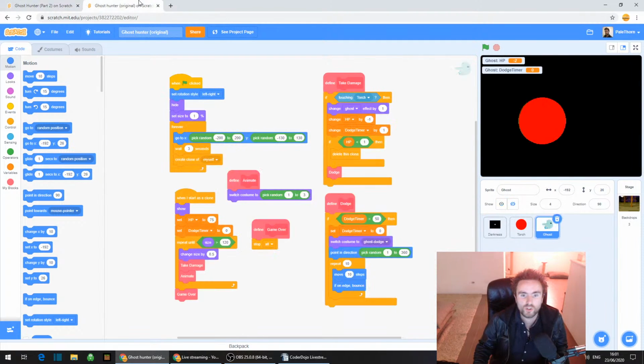Cool. So, I'll just go through a little bit of this code while we spend a few minutes making sure everyone's here. And then, afterwards, we will get into it.